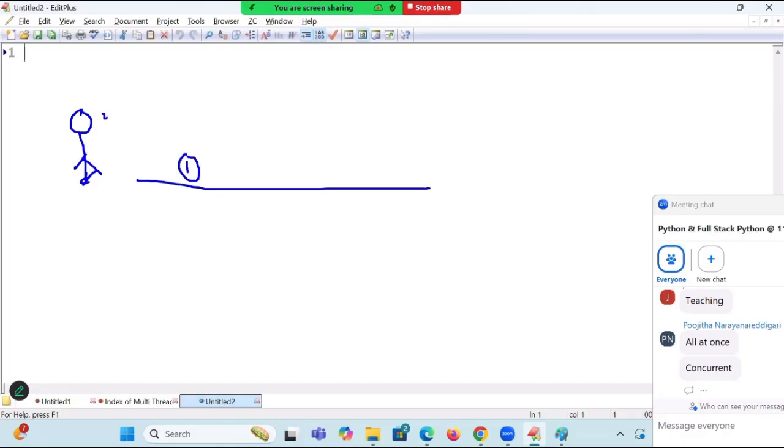Number two, next, what are you doing immediately? You will take the phone and you will call somebody. Correct or not? Yes. That is nothing but what? Your way is continuing. One thread is created to walk. One more thread is created to speak with your friend. And one more thing: you are eating something also. Eating something, talking to the friend, tasting, walking, speaking to a friend, taking breath.